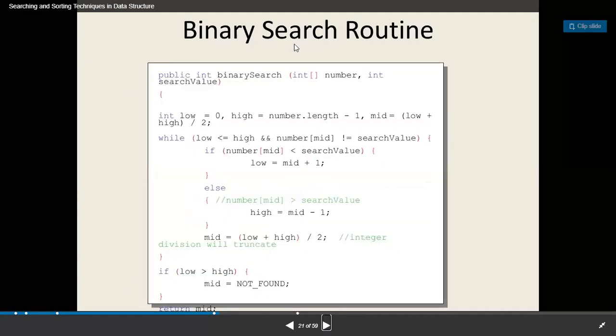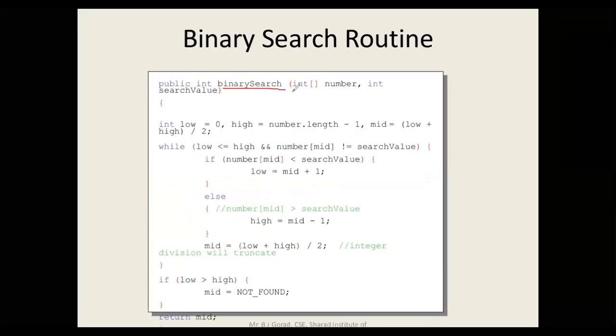So this is the code for binary search. Okay, so let me go one by one. So this is the search function. It has 2 parameters, the number array and the integer search value. So the whole array and the value that you are searching. Now, initially what we do, we start with low 0. That means the initial boundary is 0. High means the highest boundary, which is the length of the array minus 1, and mid equals low plus high divided by 2. I will explain it one by one, don't worry.